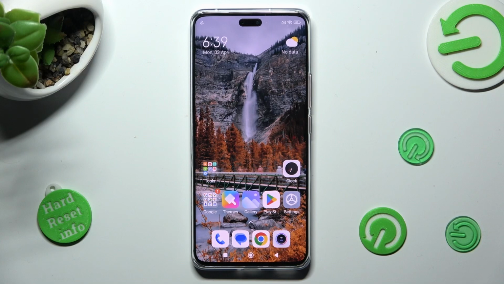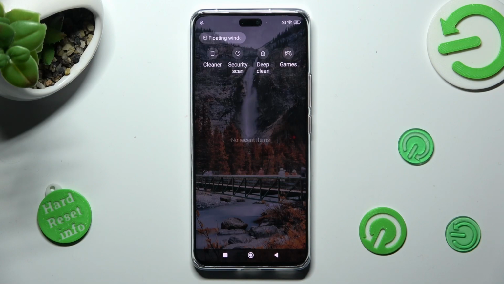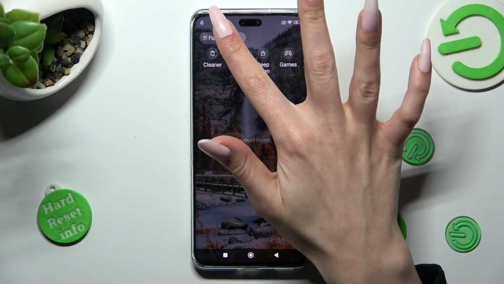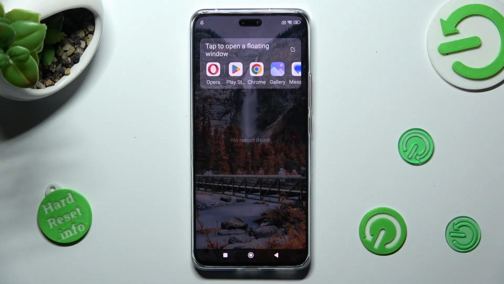First of all, open background apps. If you are using tricky navigation, you can do that thanks to this square button. Now click on the top left corner on floating windows and tap on one of those apps to use them